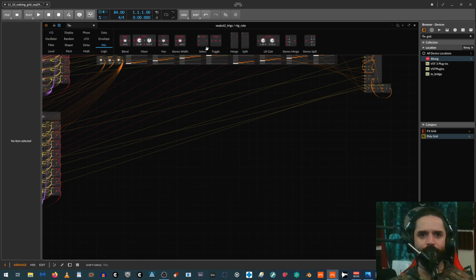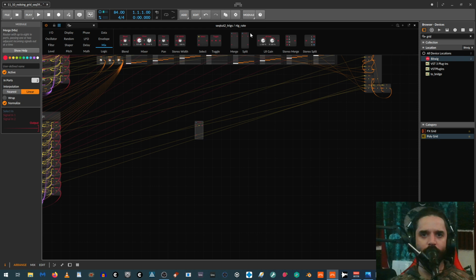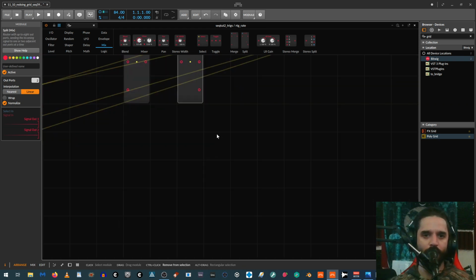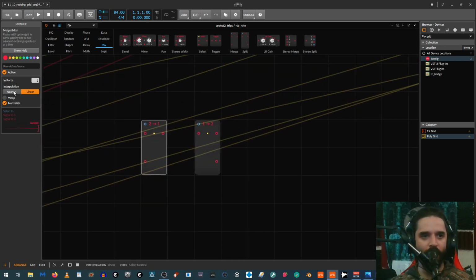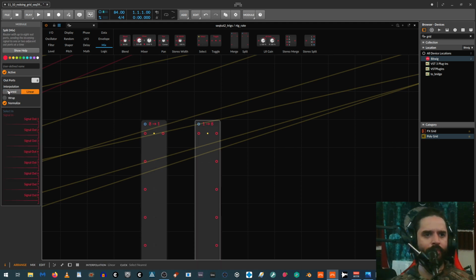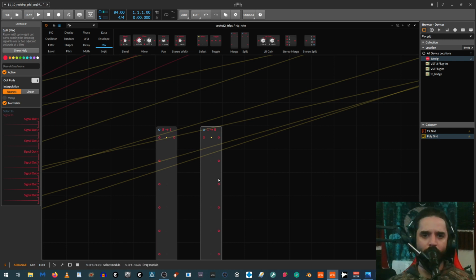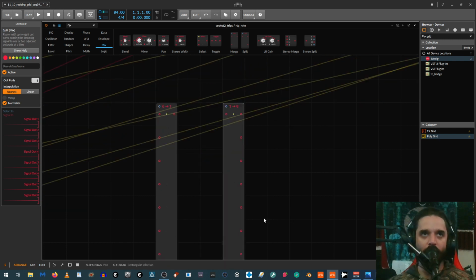So let's grab a merge and a split. Make them both have 8 inputs and put them both on nearest. Okay, and then